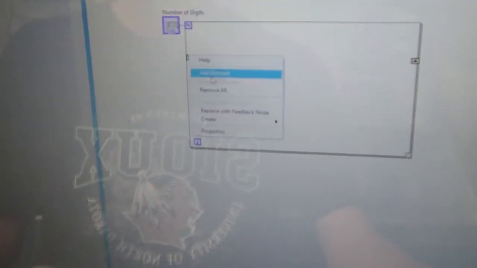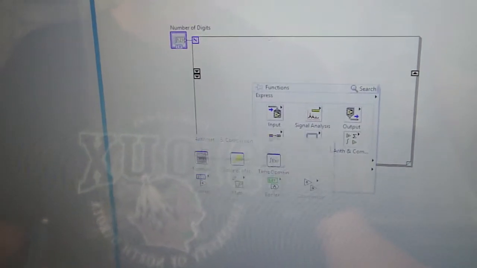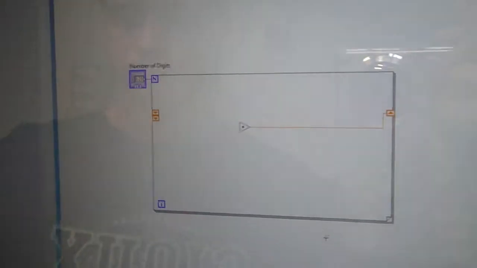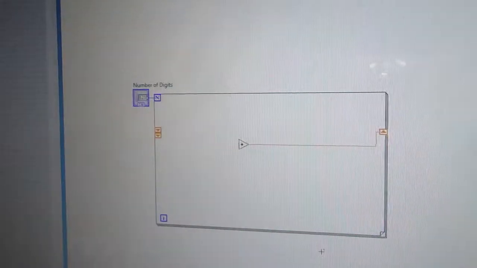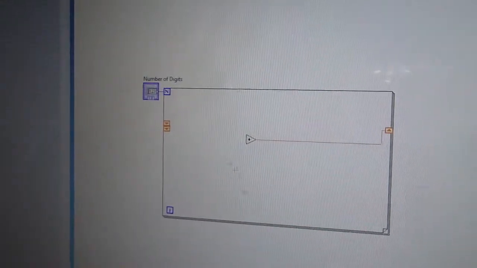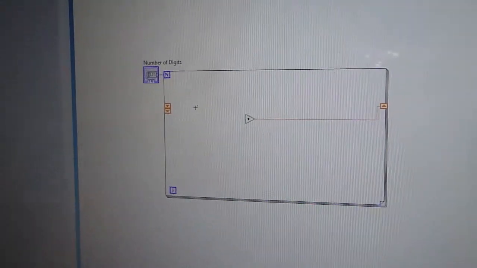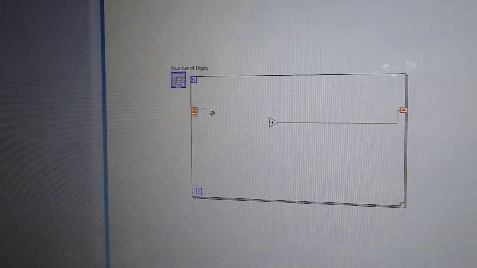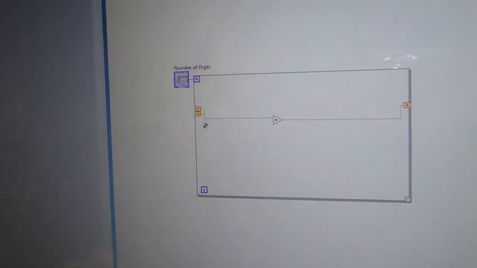Now we'll need two shift registers for this. So right click on the edge of the for loop and do add shift register and add element. And then we will need to add a plus block or addition block and run that to the shift register. And then because the Fibonacci sequence takes the previous two numbers and adds them together, we will run both shift registers